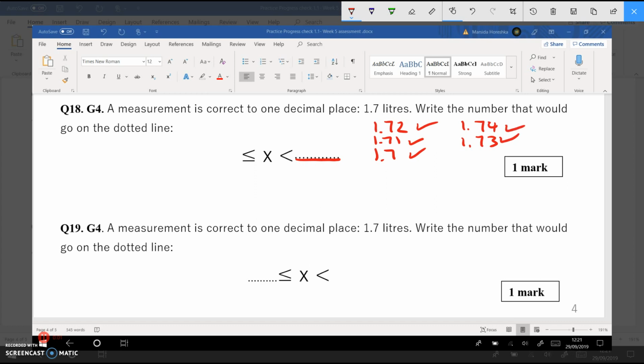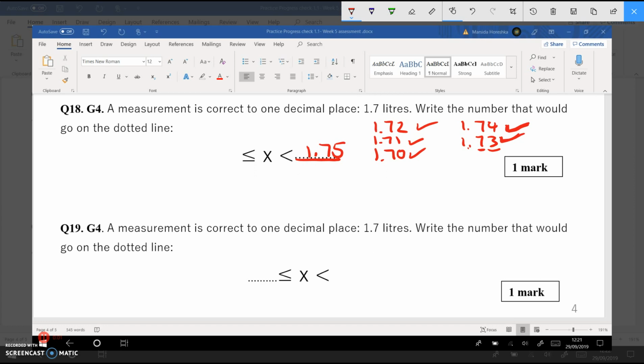1.74 as well, because we need to look at the digit on the right. We're looking at rounded to one decimal place, so one place after the decimal point, and to decide we look at the digit on the right, which in this case is a 3. So if it's 0, 1, 2, 3, 4, we round down, meaning that we go to 1.7. Same thing with 1.74, 1.72, 1.71, and 1.70. And this is the highest it can go, but if we are to place a number here, that would be